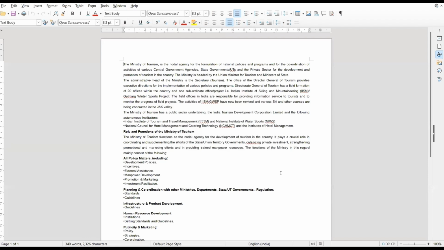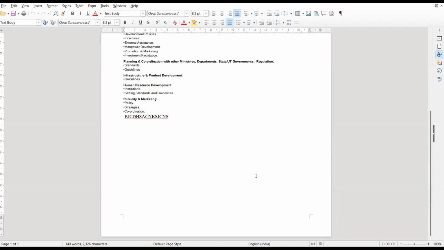In tables, we have two options. Number one, that is row, and number two, that is column. A row is the horizontal series of cells in the table, while a column is the vertical series of cells in a table. So first of all, we need to understand how we can insert a table.